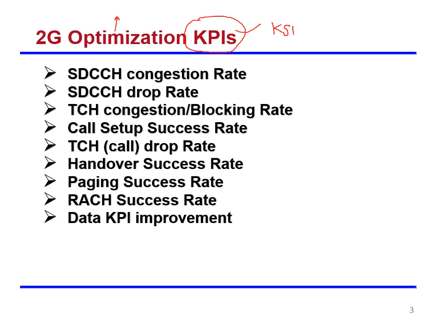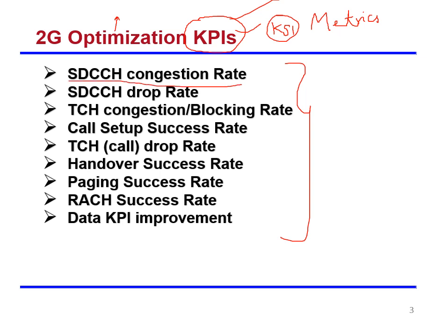So what does the optimization team have to do? They have to improve the coverage, capacity and quality, by reducing the gap between the plan and the reality. That is the job of optimization. How will they do this activity? The simple answer is they will do drive testing. But after drive testing, what will they be measuring, or how do they understand the performance? What are the various parameters by which they can improve the quality, the capacity and the coverage?